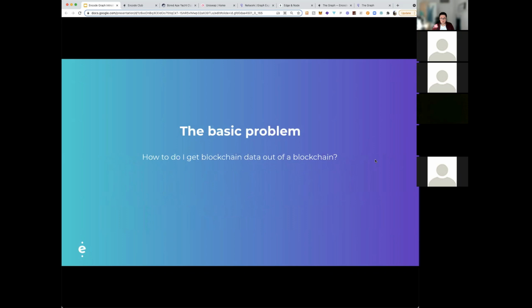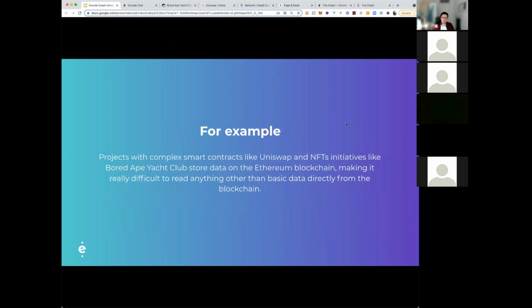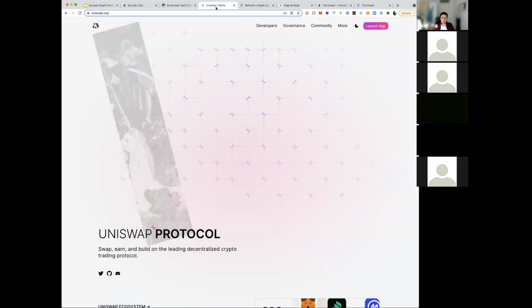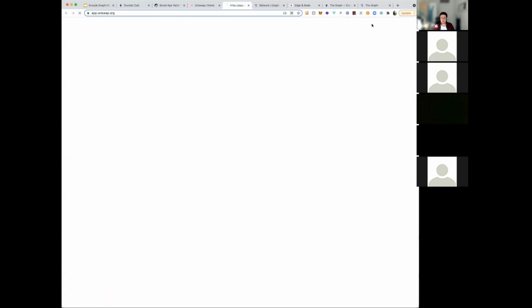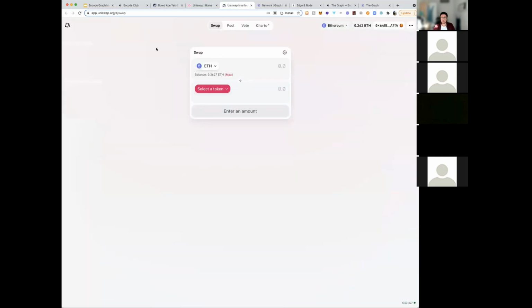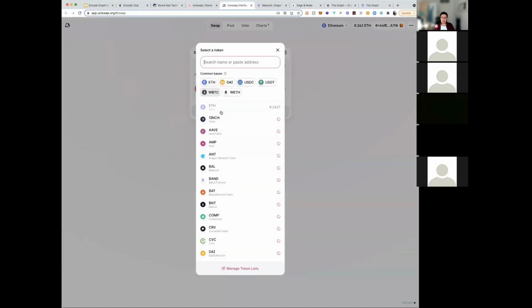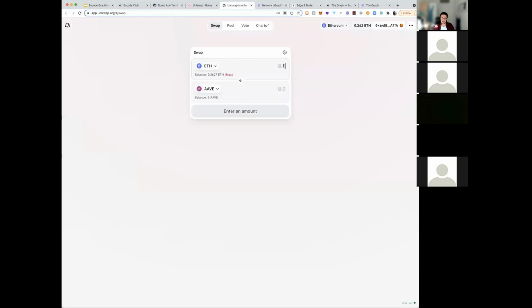So, for example, if you take something like Uniswap. Some of you might be aware of Uniswap, some of you may not be. But Uniswap, in very simple terms, is an exchange. It's a place where I can trade. You can see this is my open workshop-based wallet, and I can trade between two tokens very easily. Let's go ETH and ARV. I'm not actually going to do the transaction, but